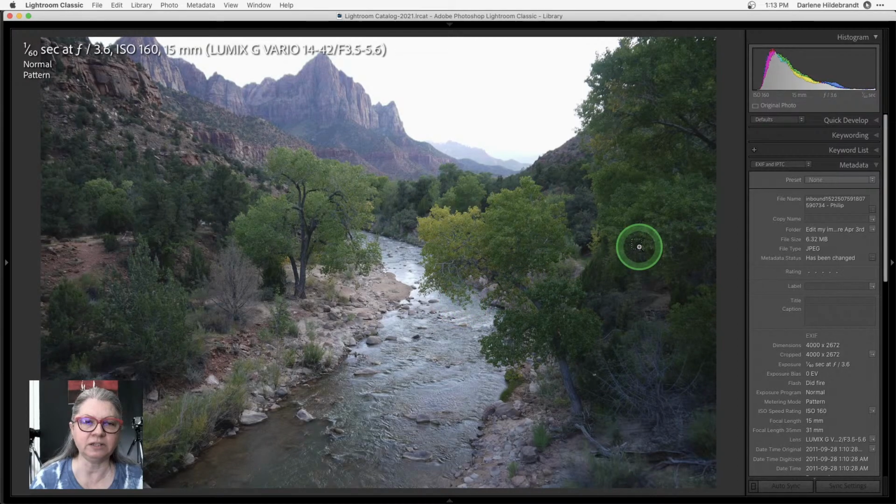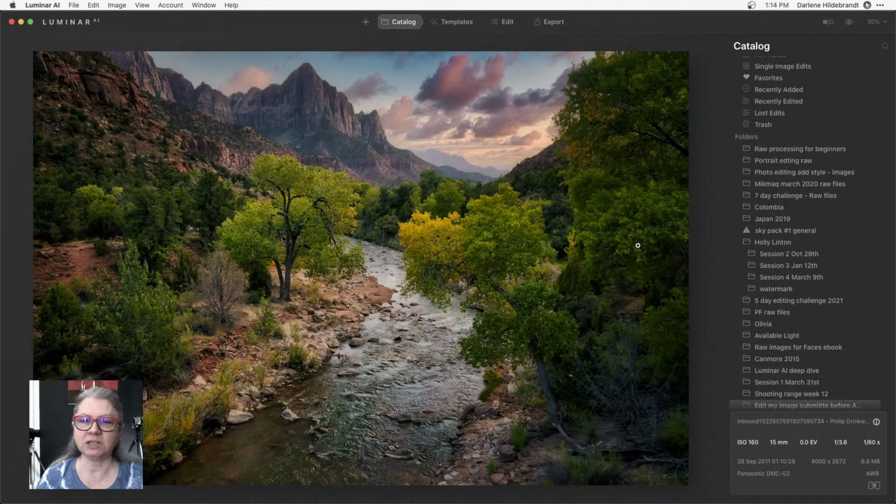Okay, so when I do that, it's going to open it in Luminar, but I'll get a slightly different interface, because when you open it in Luminar, you do the edits there, and then when you save it, it comes back into Lightroom, okay, but it's not editable again back in Luminar. You would do a new edit. So the reason I opened it here is because I can go back to any of these things that I've done and redo them or tweak them a little bit, okay?